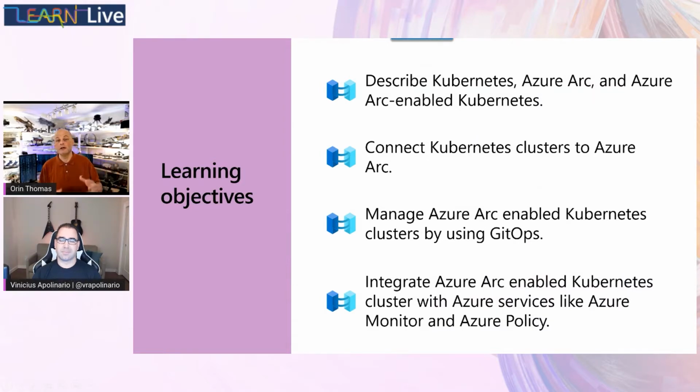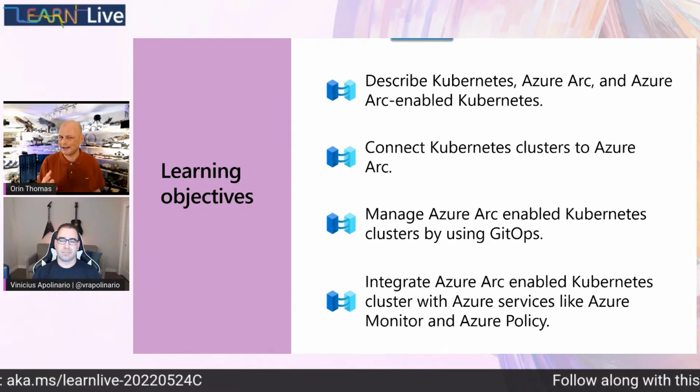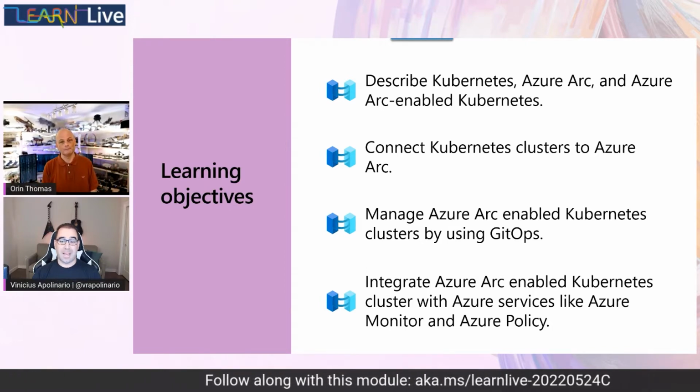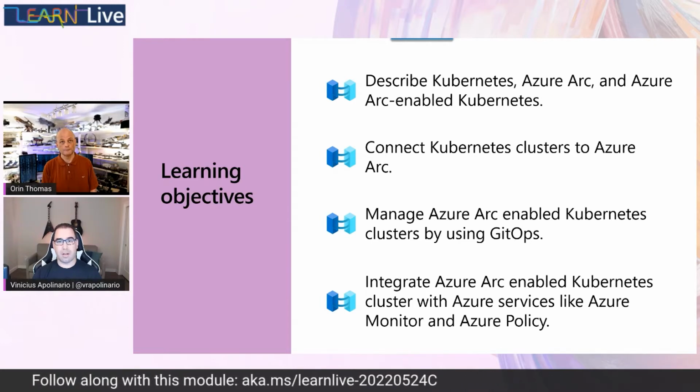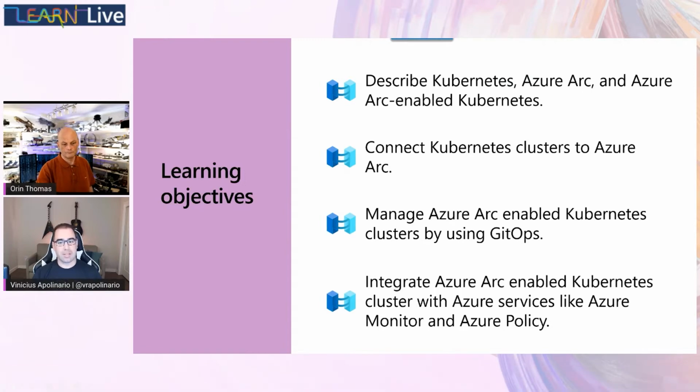Anyway, in this session, Vinicius and I are going to go through the following topics. Vinicius will start by talking about what Kubernetes is, what Azure Arc is, and what Azure Arc enabled Kubernetes is. Then we move to Orin talking about how you connect that Azure Arc to your Kubernetes cluster running, whatever that cluster is. And then Vinicius will come back and talk about managing Azure Arc enabled Kubernetes clusters using GitOps. And then Orin takes us away by talking about how to integrate with Azure services like Azure Monitor